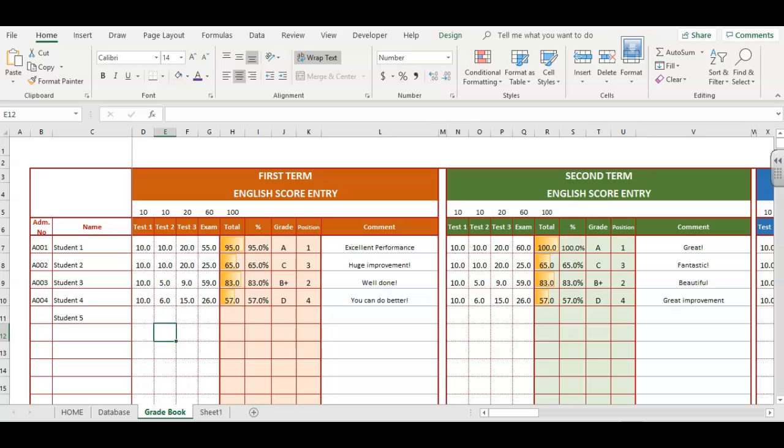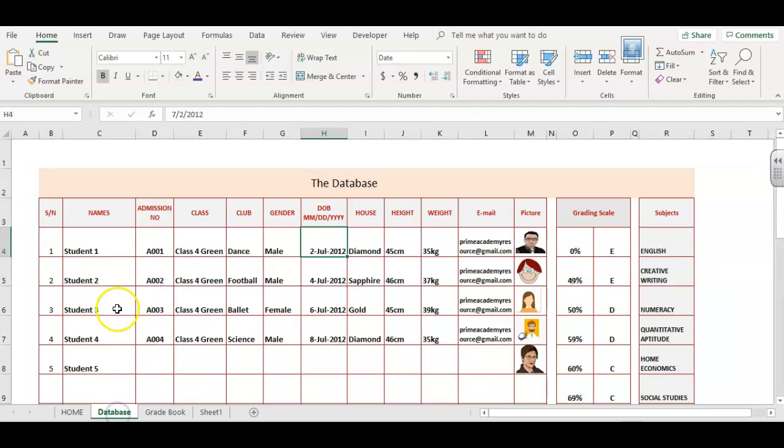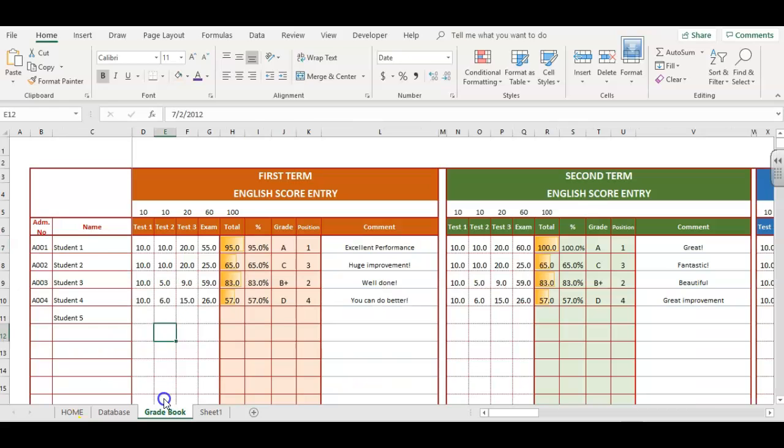This is our template and this is the Gradebook part. On this side we have the admission number as we have it on the database, and the names as we have it on the database. Now, first thing we'll do here is cell linking. If I click this first box and I look at the formula bar, you will see that I've put a